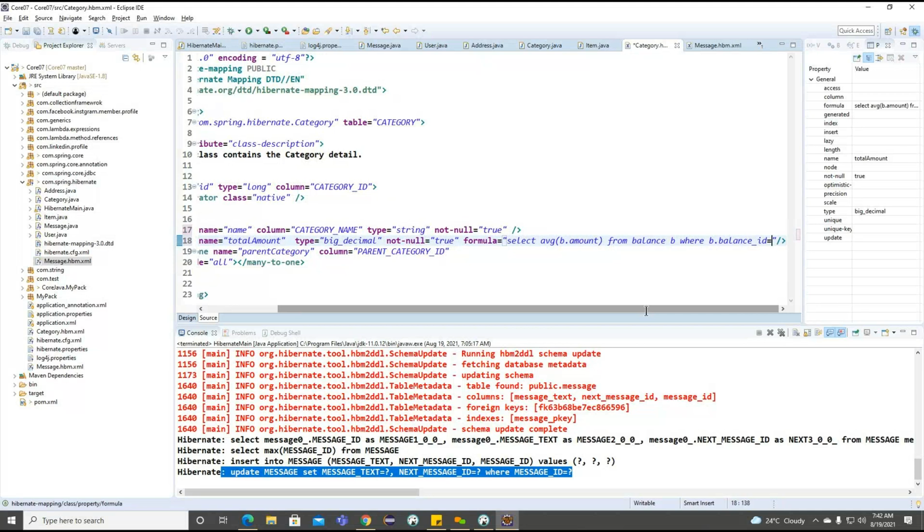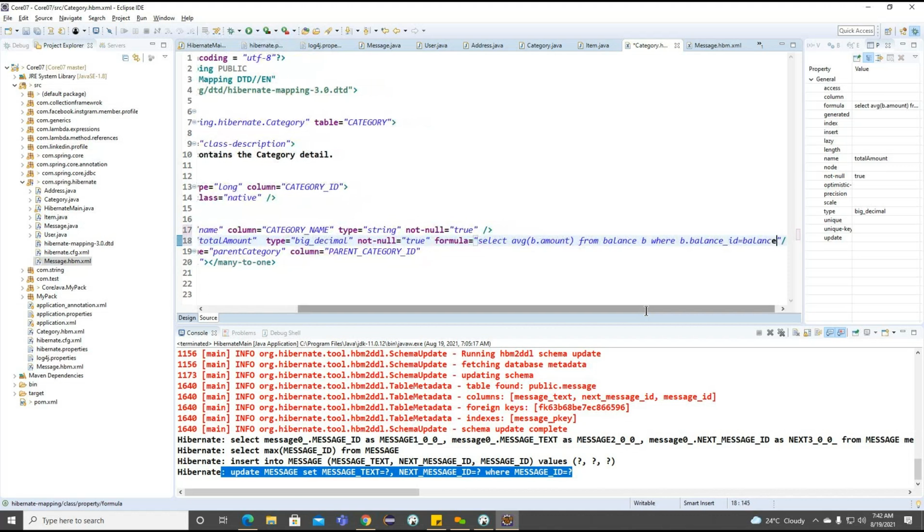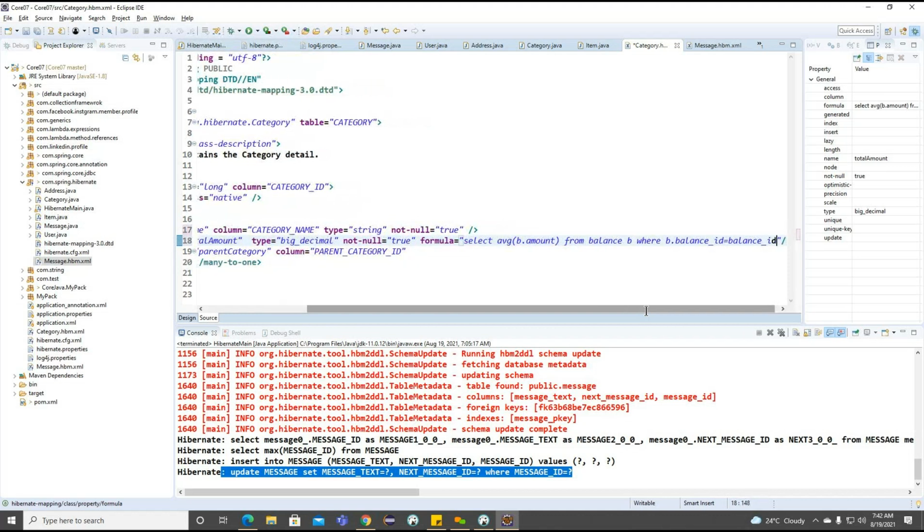Here I want to use balance ID. This is the way we can write the SQL query to insert the value into the total amount.